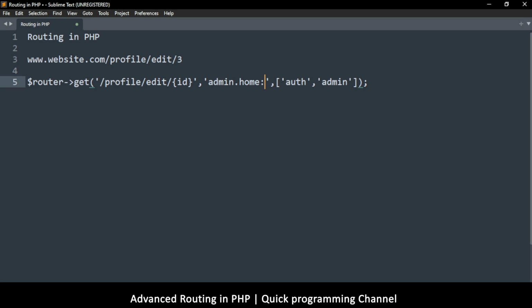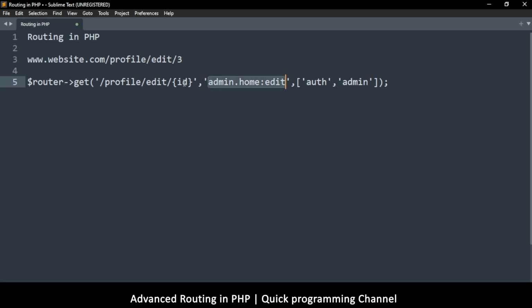Or maybe since we're editing now, it's the edit. So in this situation, we want it to know that we are targeting a folder called admin, and inside there is a class called home, and inside that class there's a function called edit. So it targets this file